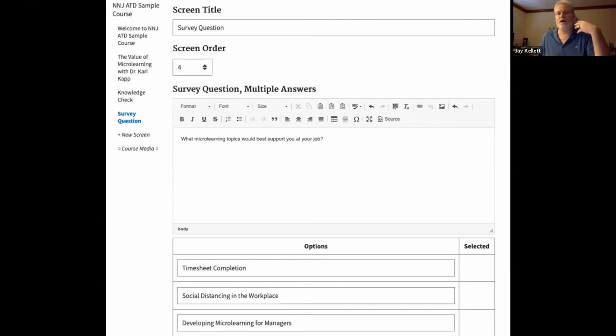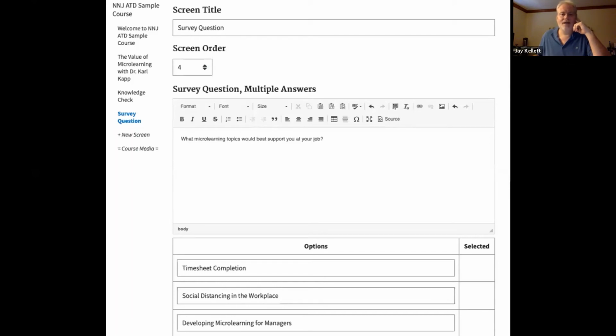Survey questions are really for collecting information from users. In this case, it's asking the learners what other topics they might want microlearning developed on. But it also could be a replacement for your smile sheets. Rather than having a separate piece of paper or a separate application or a separate part of the LMS, you can collect that right inside the course.